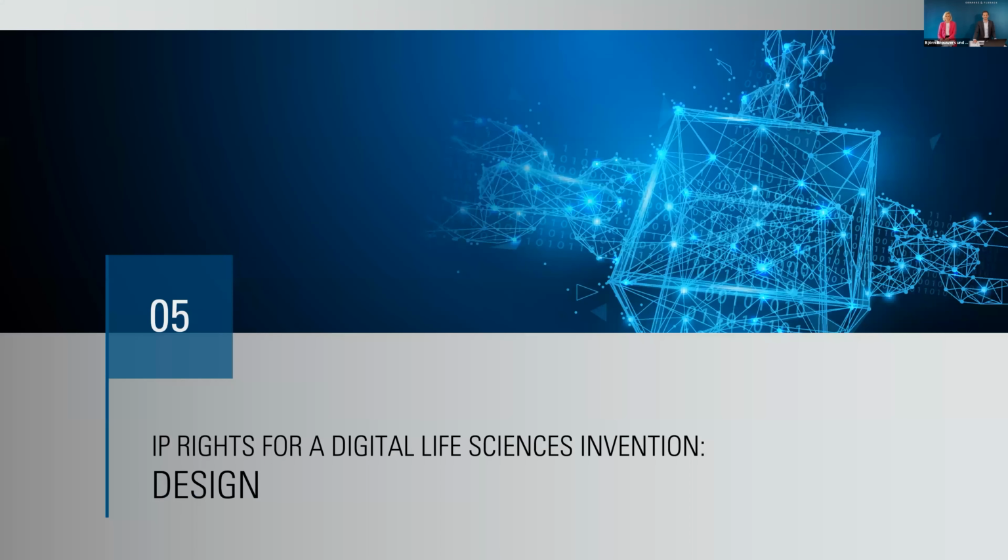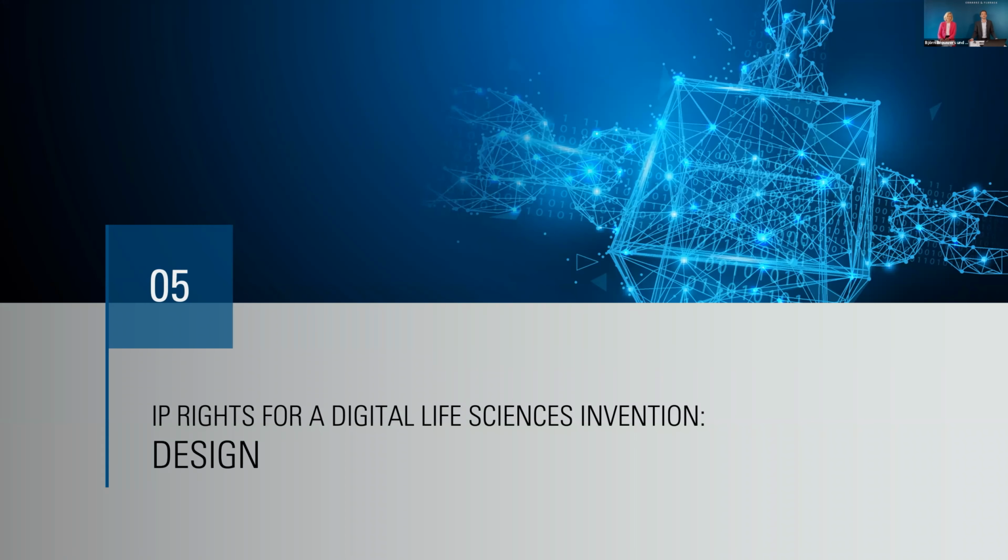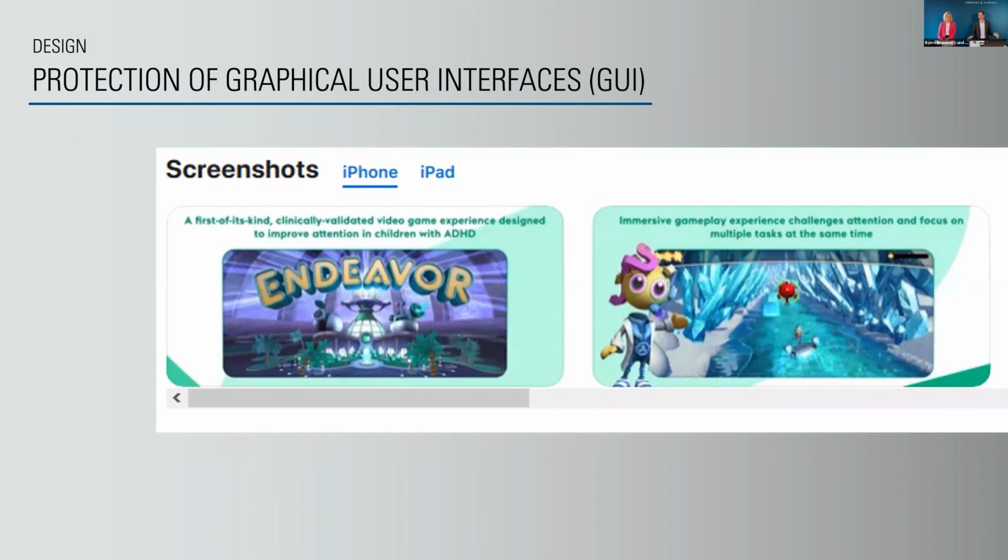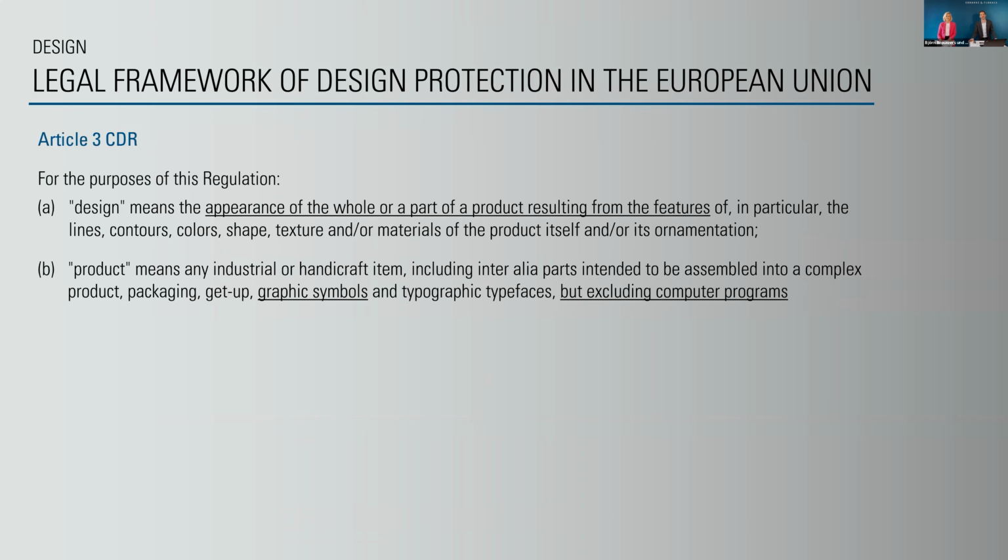So the second is a design. I think this is something which I can make rather short, but of course if you have an app, as you see here, there are some graphics, there are icons, there's a user interface which sets a certain look and feel, and makes you connected to this original product, and if you see it, you are used to it, and therefore you may have the interest also to prevent others from using similar graphics. And this is something which you can also protect by trademark, but